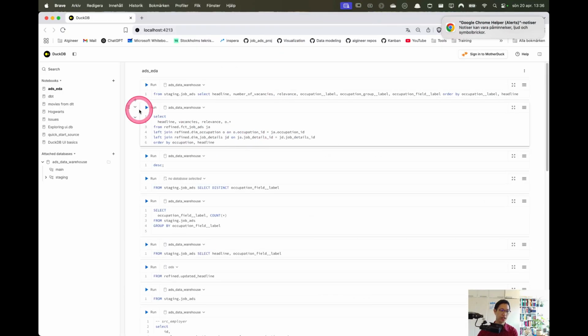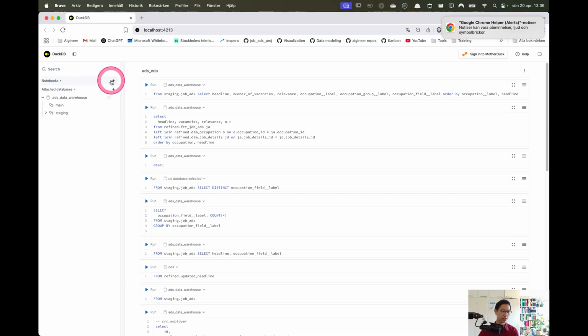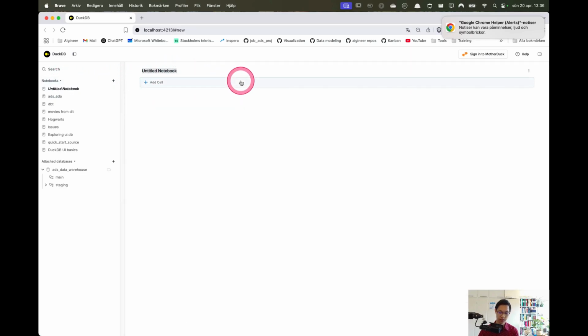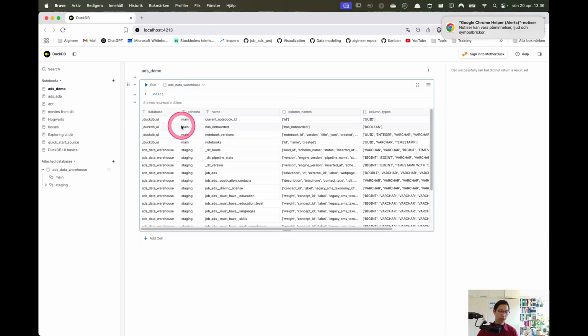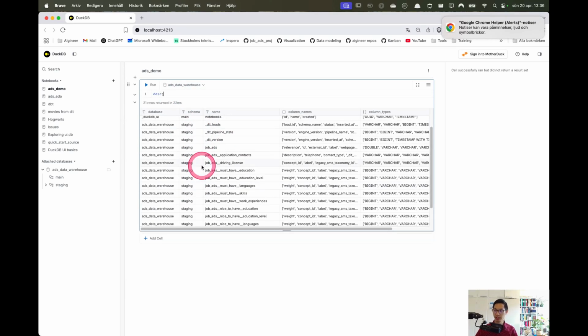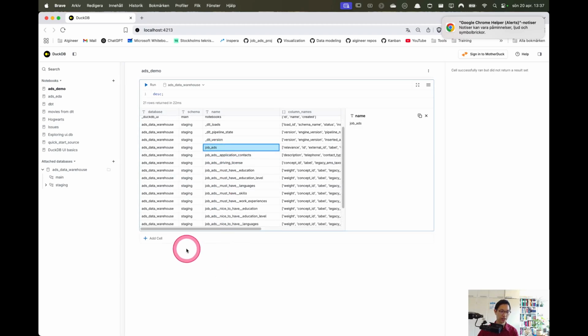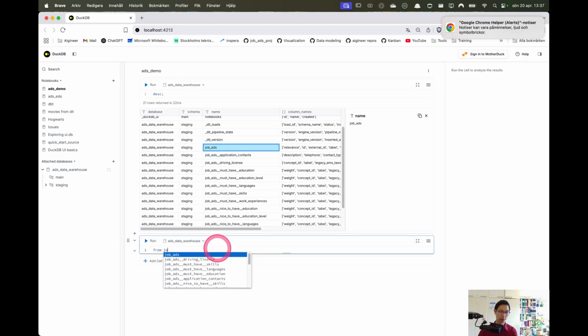And here you can see our, let me create another one. It's demo. So here I picked this data warehouse. So I will do desk to see what we have. And what you can see here is that we have our staging, like DLT, it puts all the data into the staging layer, which is basically represented as a schema in this database. So then we have job ads. So let's look at that. So from job ads, staging.jobads,